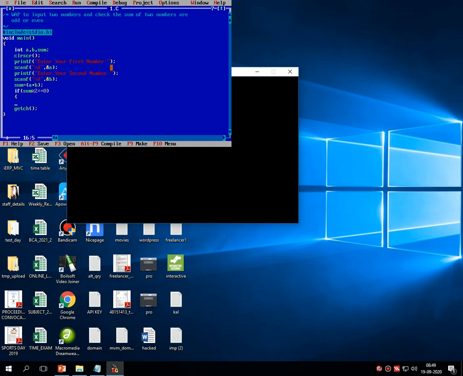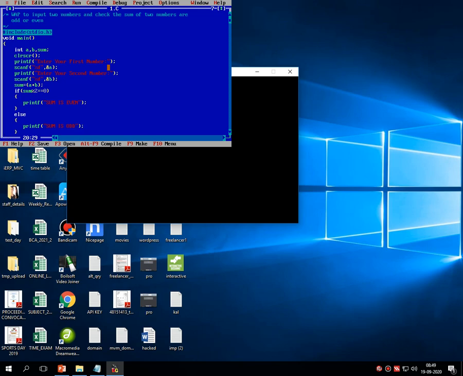If this condition is true, then it gives the message printf sum is even. Else, if the condition is false, printf sum is odd.